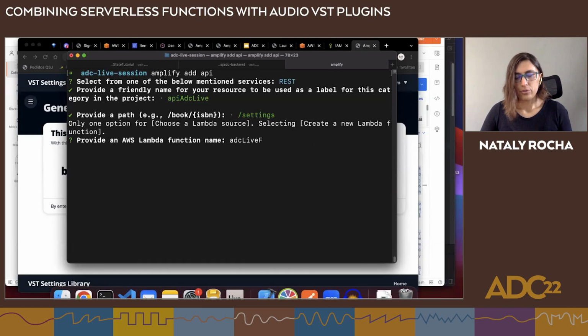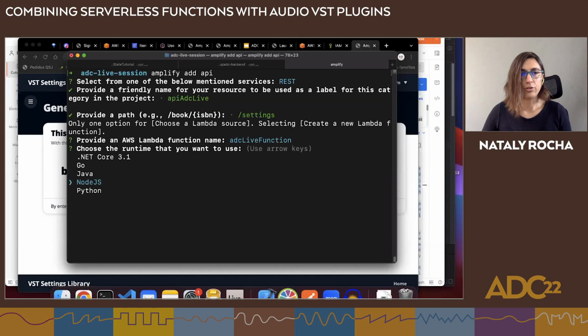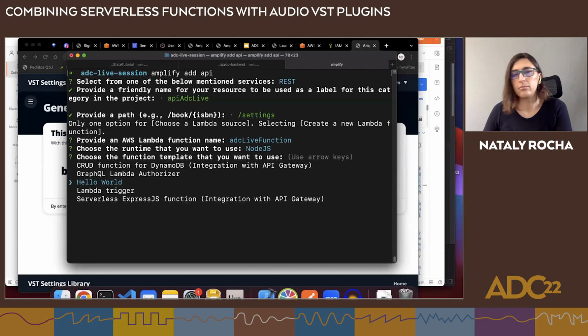So ADC Live function. Here you can choose if you want to program in different languages. It actually has a lot of possibilities, but right now it shows .NET, Go, Java, Node.js, or Python. I'm going to choose Node.js because I really like to program TypeScript and JavaScript, so that works for me. Here we have some templates that AWS provides. So you can choose, for example,